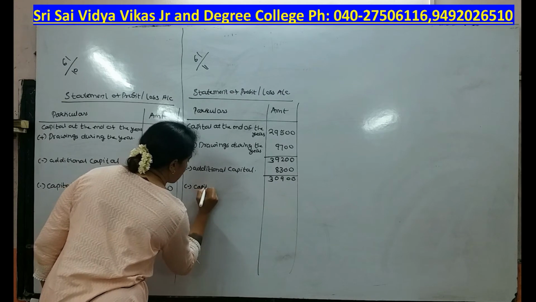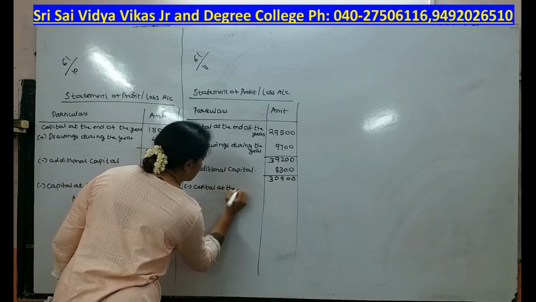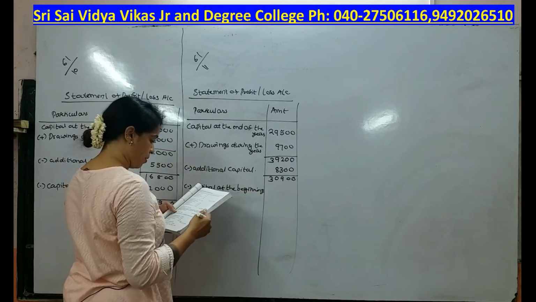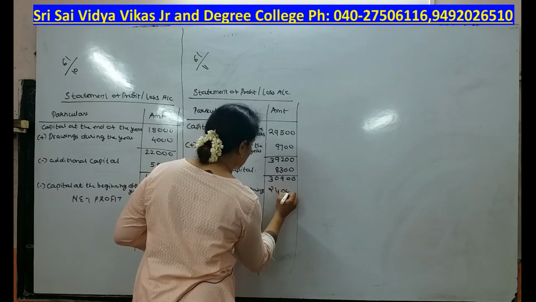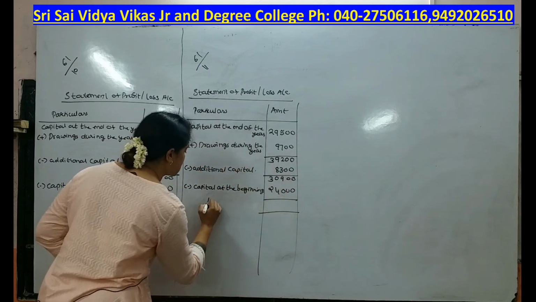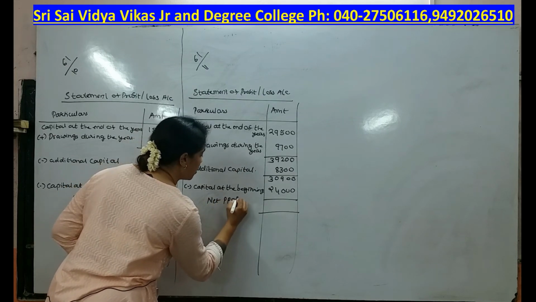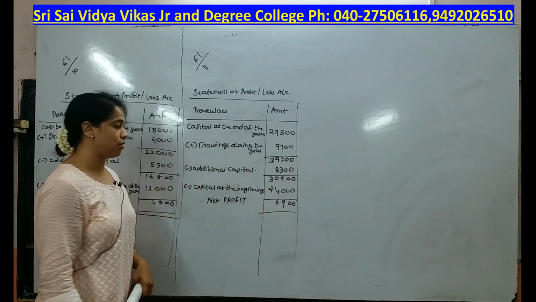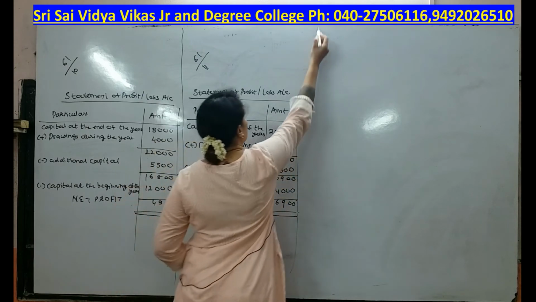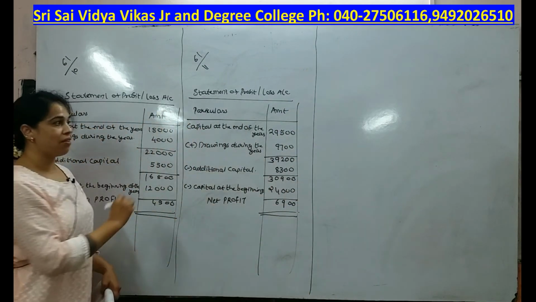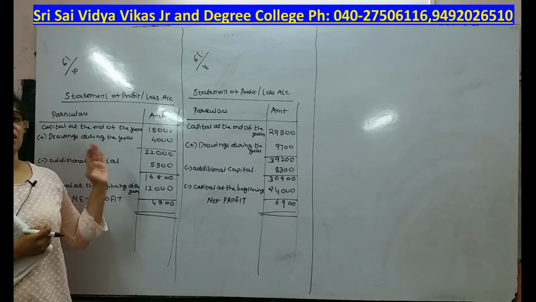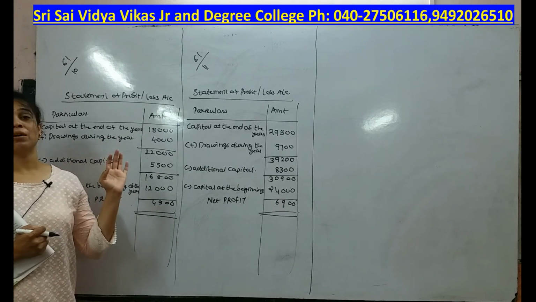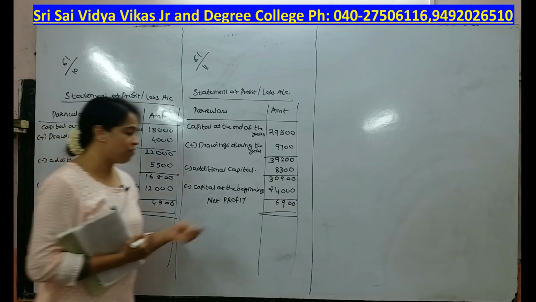Less capital at the beginning of the year. What was the capital at the beginning of the year? 24,000. Again here we are getting the answer in positive, so we are getting net profit. What is the net profit amount? 6,900. This is going to be our net profit. This was problem number 11. It is completely based on the formula, whatever format we have learned, the same things we are repeating. We are just entering the amounts and simplifying the sum, and we will get the answer.